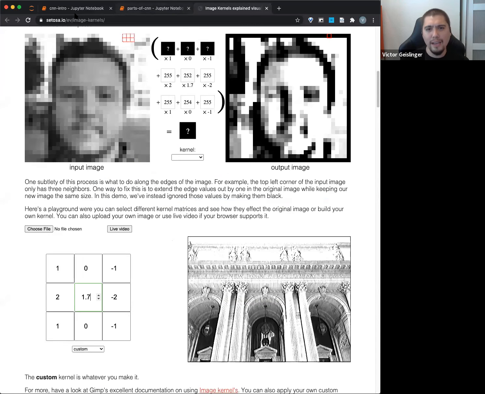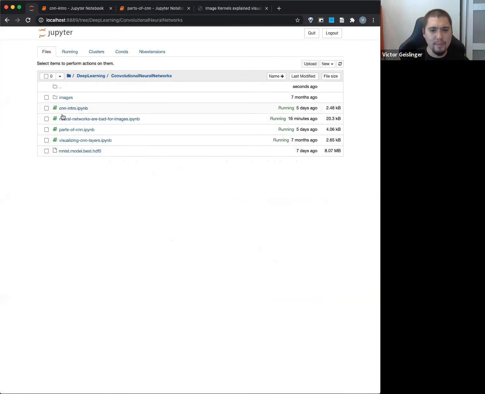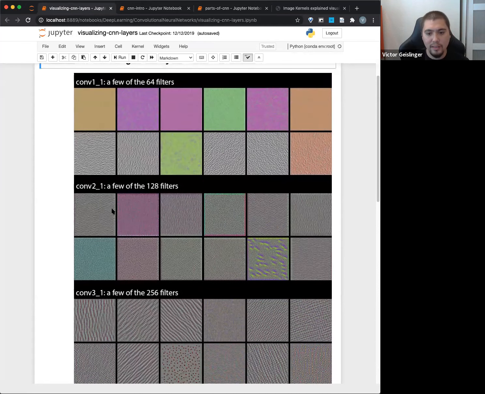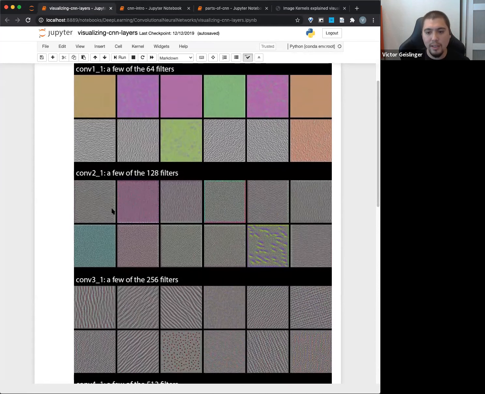Okay, cool. I know we could talk more about this, and we'll try to in the future. I did want to point out just one last thing, this whole idea of the layers. You can see here this is the first convolutional layer, and these are some of the different filters. This is taken from one of the blog posts, and I think I have it linked underneath. You can see this is the very beginning, and it's finding very basic patterns.